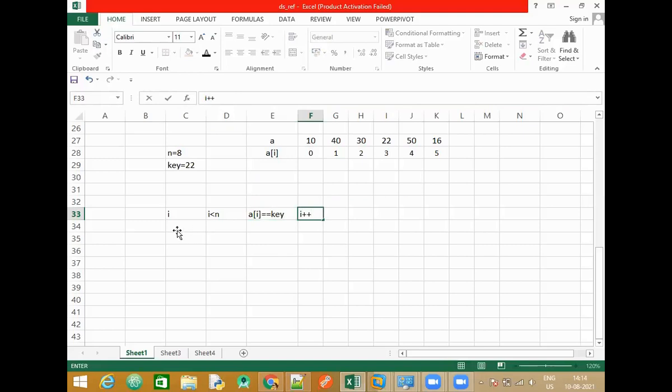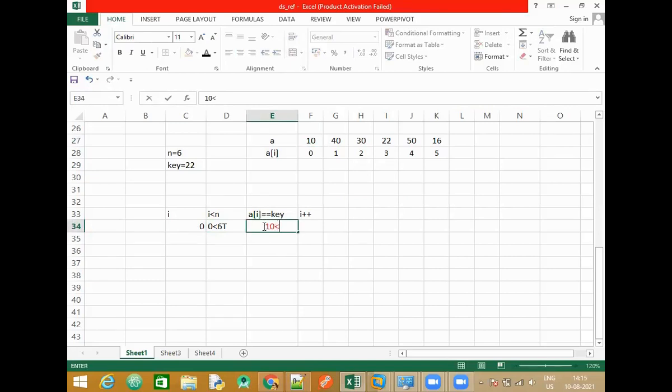Now, first iteration, I is equal to 0. Let us check: is 0 less than, what is the value of N? Not 8. Pay attention, I have updated the array. What is the value of N? 6. So is 0 less than 6? Yes, true. Let's check A of I. The value of I is 0, which is 10. Is 10 equal to the key element?